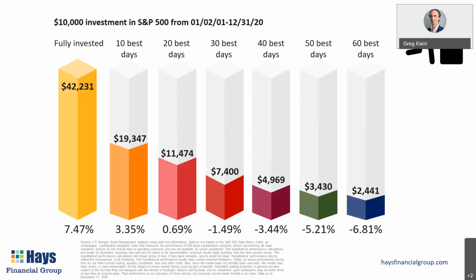And those best days, like I said, a lot of times happen close together with the worst days. Just a year ago in 2020, the second worst day of the year was March 12th, and that was followed immediately on the 13th by the best day of the year. So if somebody had seen that the 12th was a really bad day and thought, I can't take it anymore, this market's just been going down, I'm going to sell and get out and wait to get back in, well, then they missed a huge day the following day. You can see missing just a few of those good days can really kill your returns.